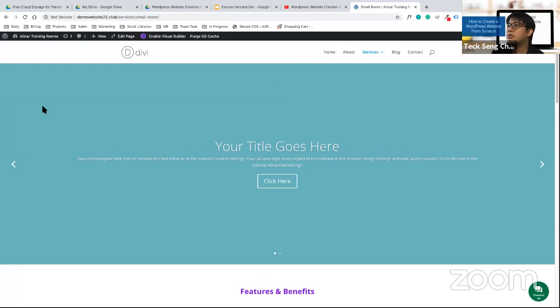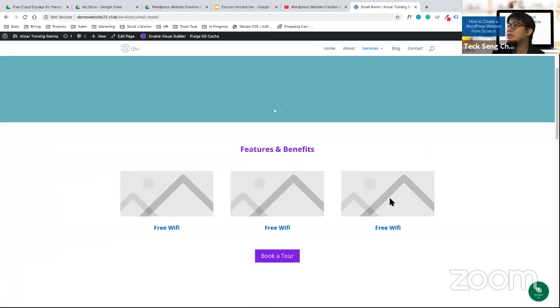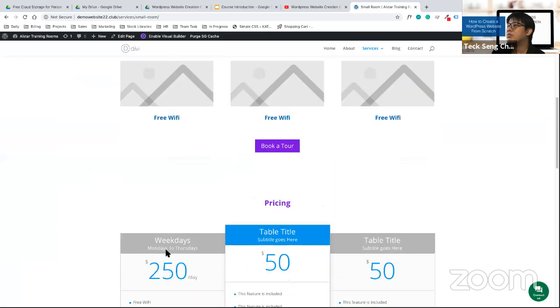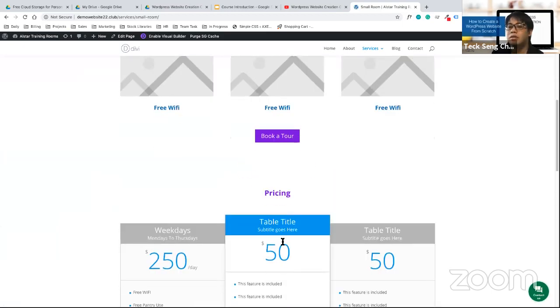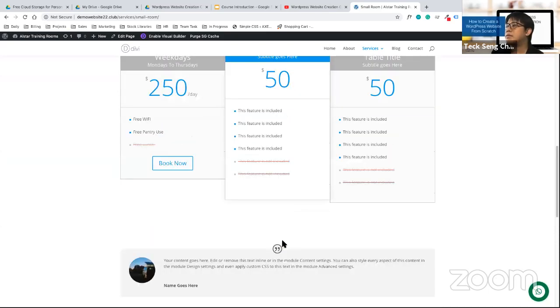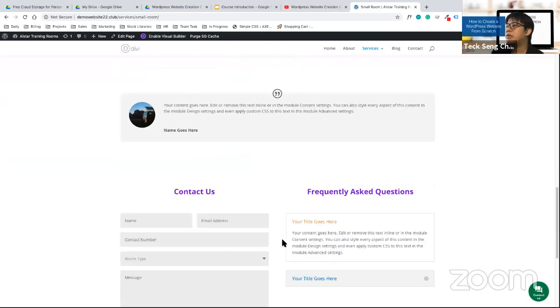But this time around, we are going to create and put in images. What are some of the images that we're going to put in? How do we put in the images? What kind of size should you use? All this will be covered in the course later. Subsequently, once we are done with the images, we are going to create the other pages like your home page, about page, services page, and your blog and contact.